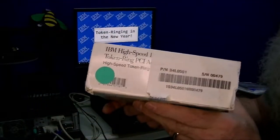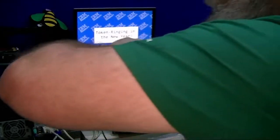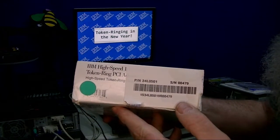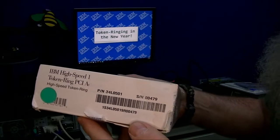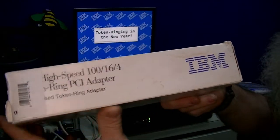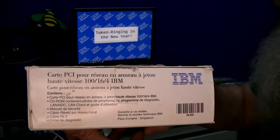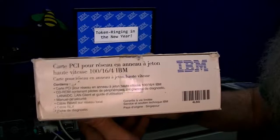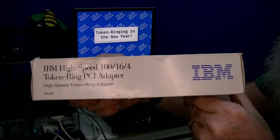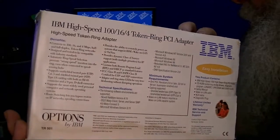And we see the green dot that's kind of common with token ring. As I mentioned in a previous video, green as my shirt. And it has the FRU part numbers going around the box. Got a barcode. Okay. And we even have that in French. And then, of course, the same thing as on that other side. And then on the back of the box, we have the benefits